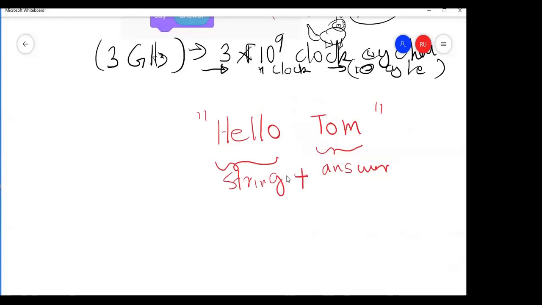I want to add them. In computer programming, to add these two strings we use different names.